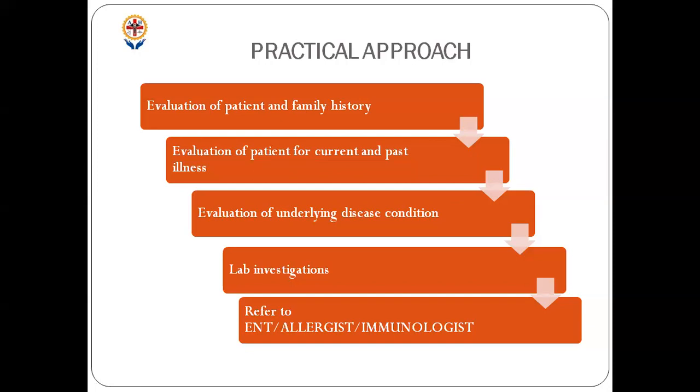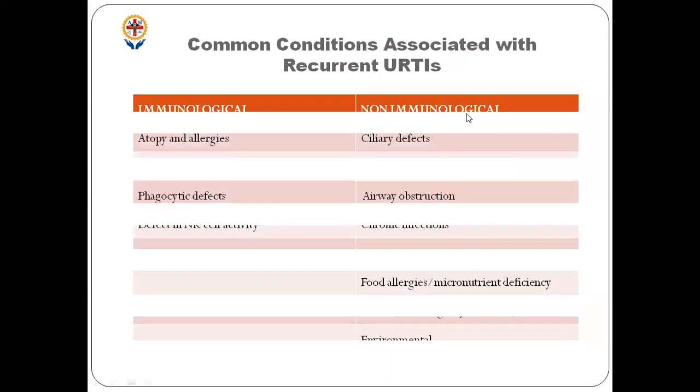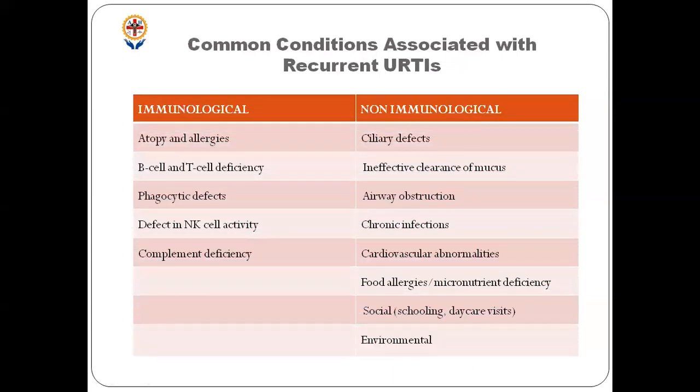To know that, you should know what is the etiology of recurrent URTIs. These are the common conditions associated with recurrent URTIs. We can divide them into immunological and non-immunological causes. In immunological causes comes your atopy and allergies, and immunological causes also include your immunodeficiencies. And in non-immunological causes comes your ciliary defects,